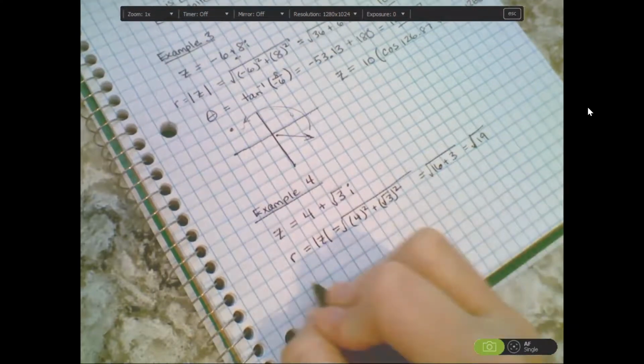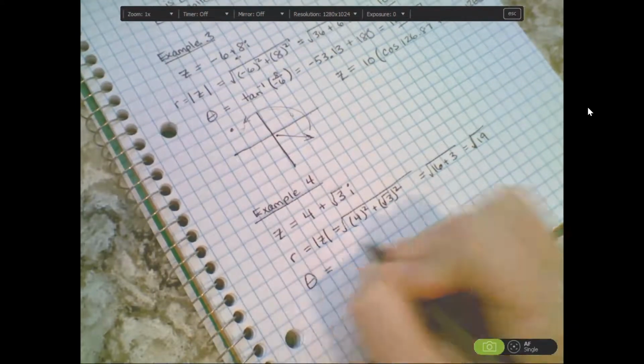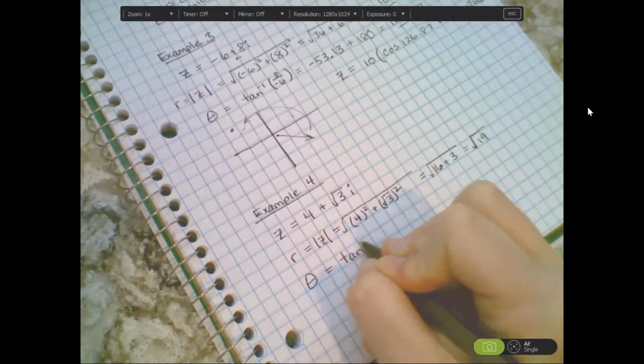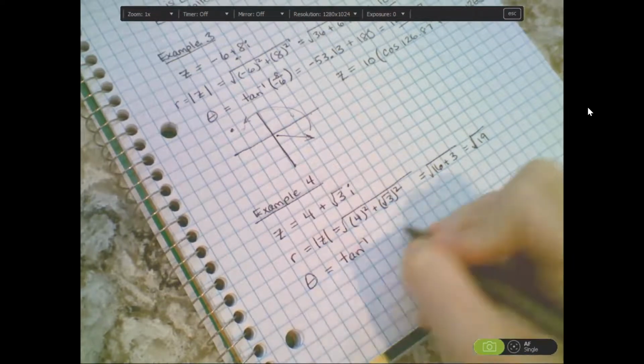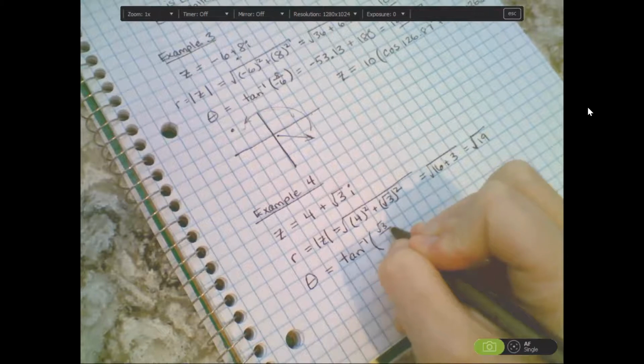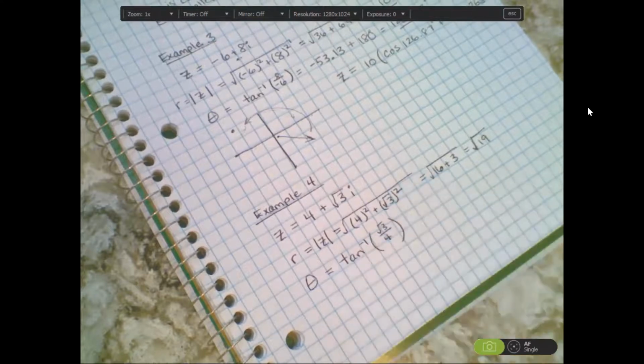Now we got to think about our theta. So we're going to do inverse tangent of root 3 over 4. Let's get my calculator. We're going to do inverse tangent of root 3 over 4. And again, this is in degrees. My calculator's in degree mode. So I got